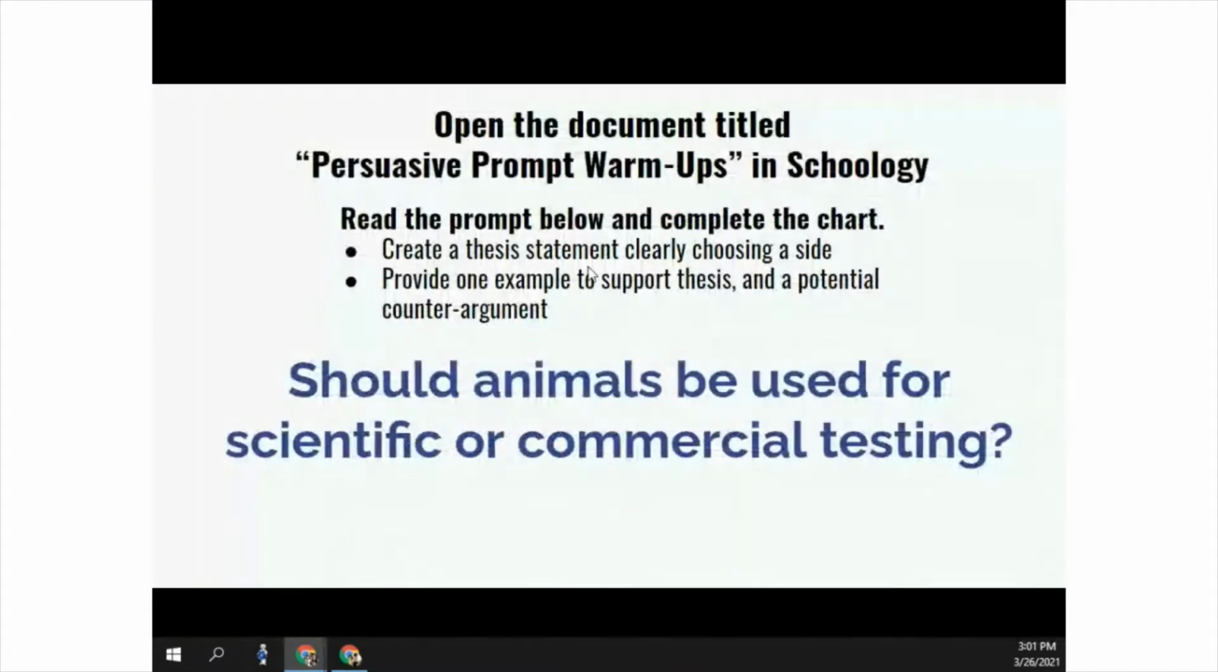Okay, and so for the third section, you're going to answer this prompt. Should animals be used for scientific or commercial testing? You're going to write a thesis and an example, and if you finish that early, you can write a potential counter argument as well. As a reminder, when you write your thesis statement, your thesis should be 1 sentence. It should answer the prompt and have a position